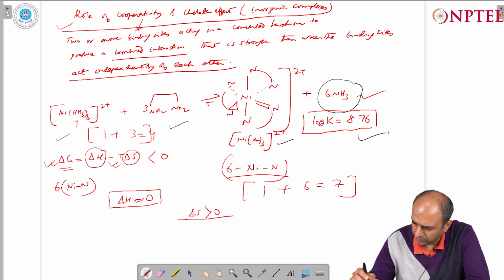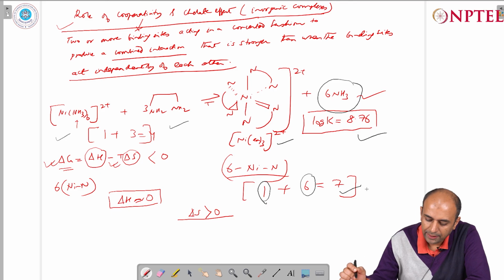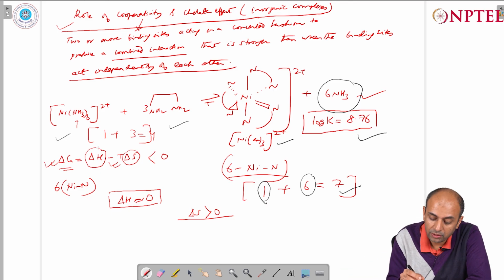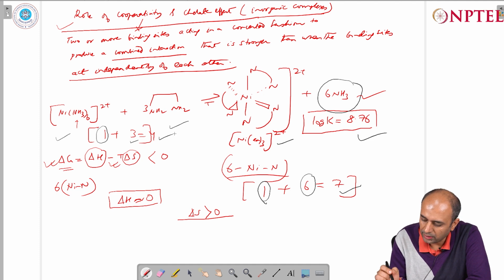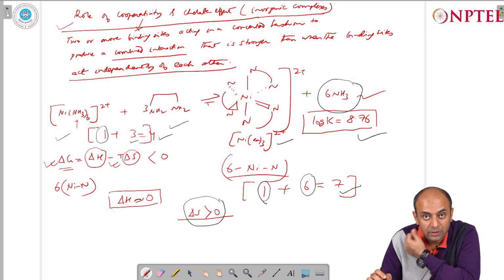What we observed is that the number of particles on the right hand side is 1 for the metal complex and 6 for the ammonia molecules, so the total number of particles is 7. On the left hand side, that is the reactants, there is 1 hexamine nickel 2 complex and 3 molecules of the bidentate ligand, so totally there are 4 molecules. So there is an increase in the number of particles when you go from the left hand side to the right hand side, and therefore this is reflected in an increase in the entropy of the system, and this is primarily reflected in the increase in the